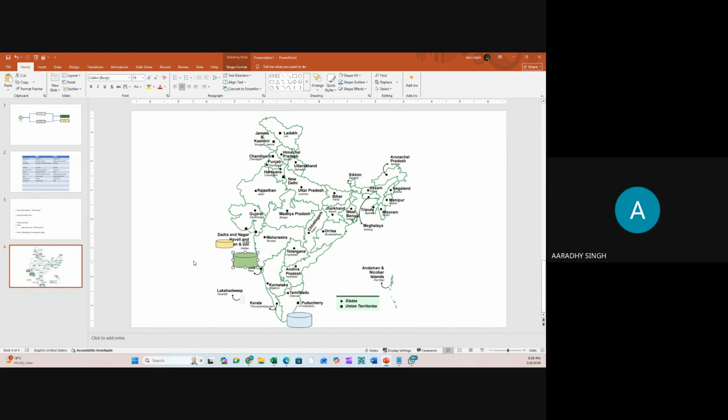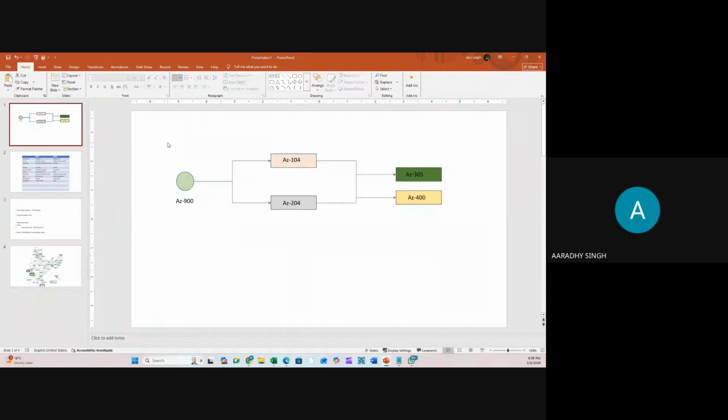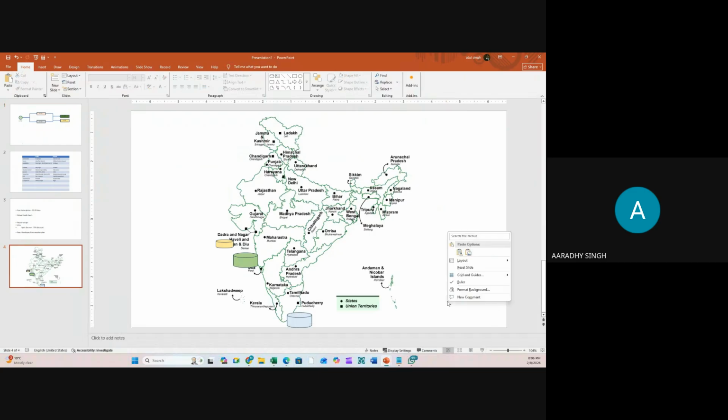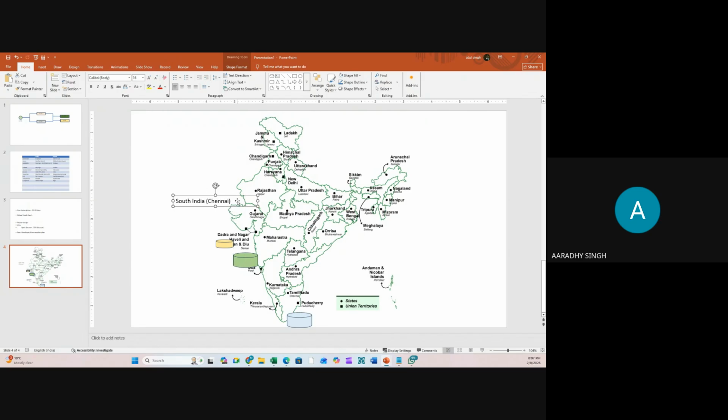And this is Pune. Let me note it down here. This region is called South India. South India means Chennai. This is your South India region.